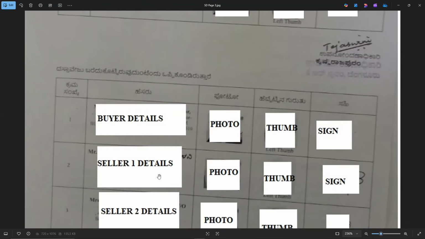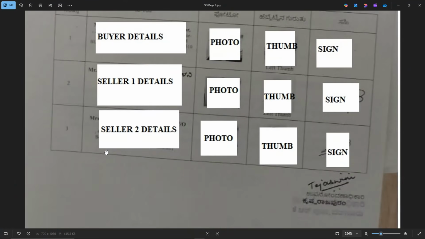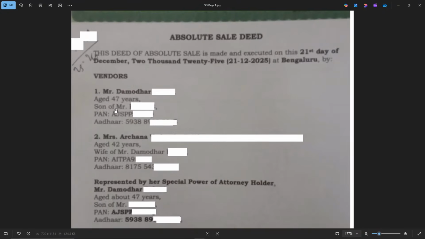Seller one name, address, photo, thumb impression, and sign. And below this, seller two details, name, photo, thumb impression, and sign. This is the first page of our registered sale deed. We can see the seller one details, seller two details,